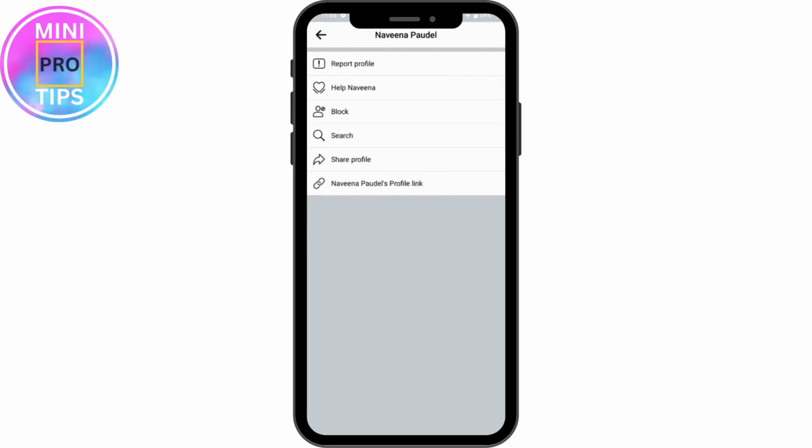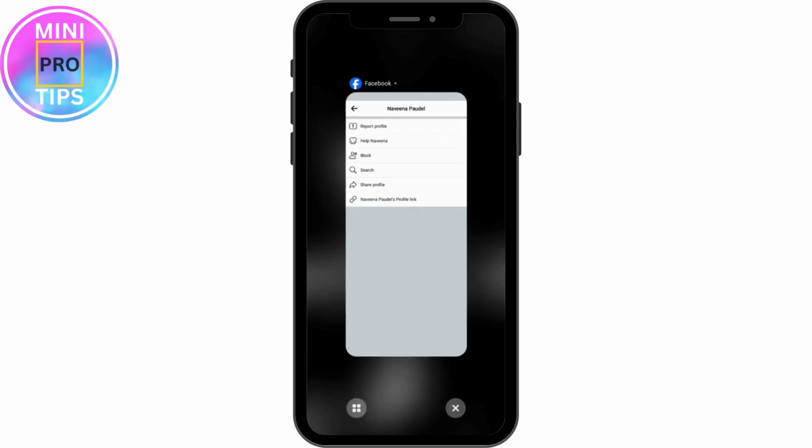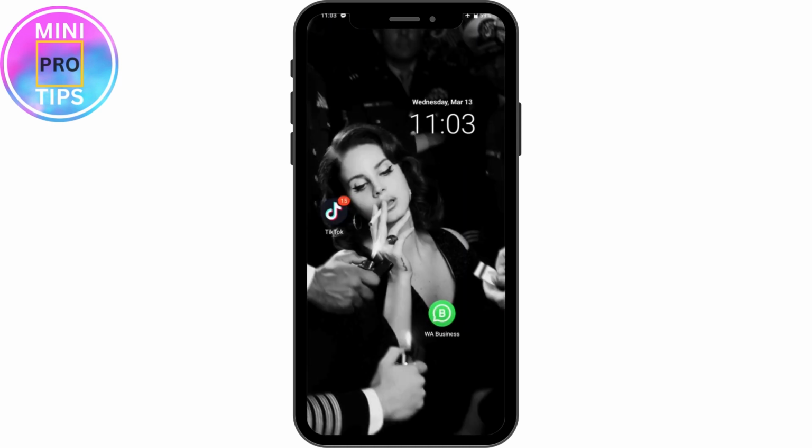So you need to simply do that same process with your friends or your family's mobile. You can go for their profile, or you can go for that profile, and then you can report that profile. And once you've reported that profile, and once Facebook receives the report from 4 or 5 accounts, Facebook will automatically delete that account. So that's it. That's how you delete your old Facebook account without the password, email, phone number, or your